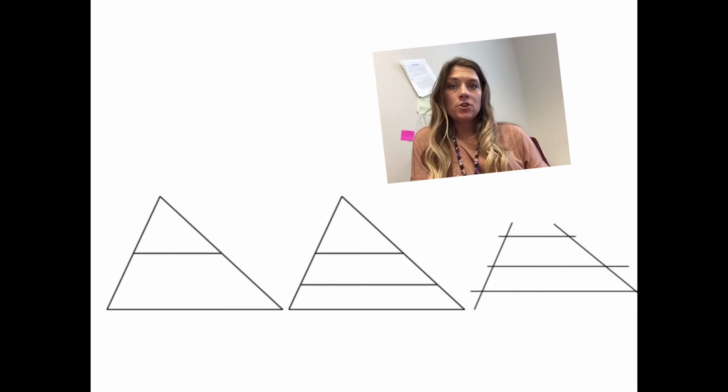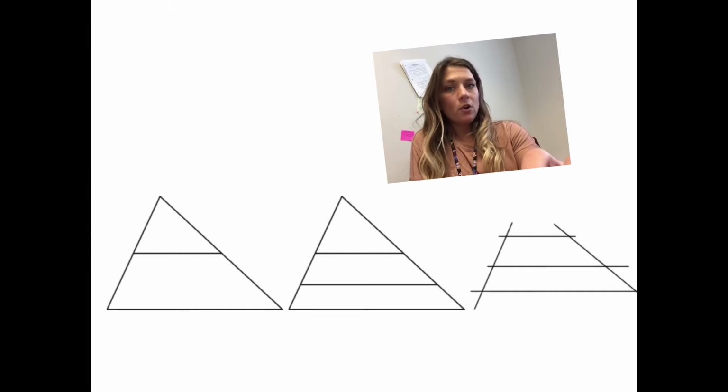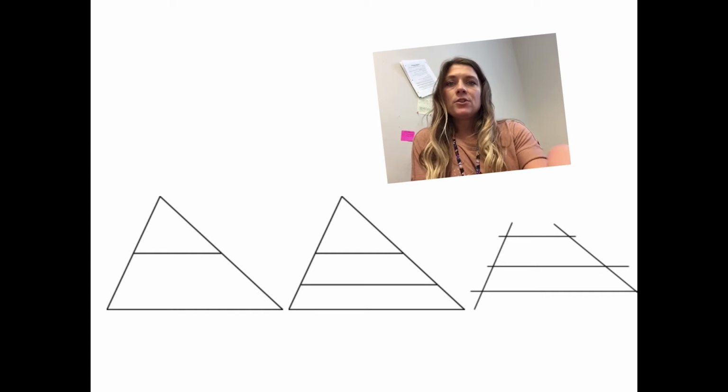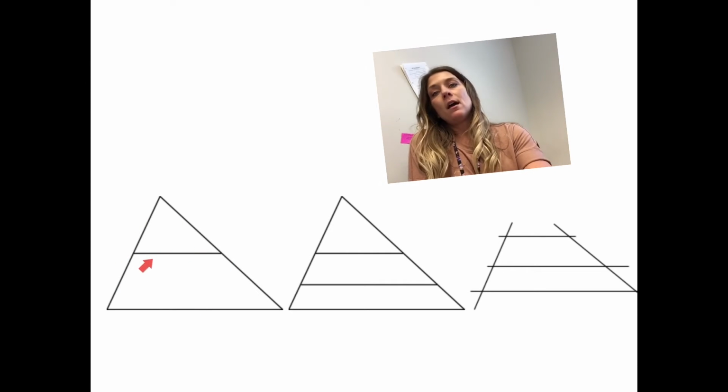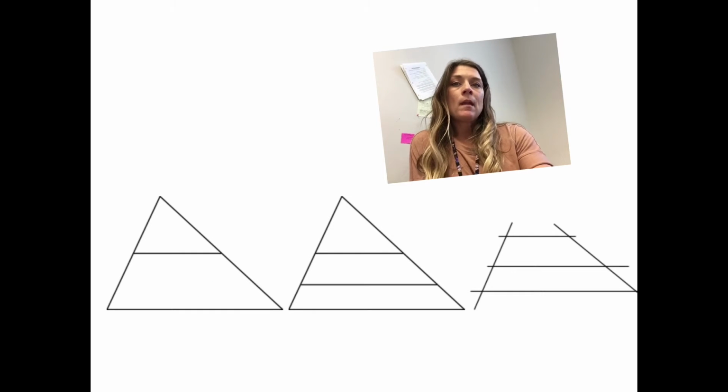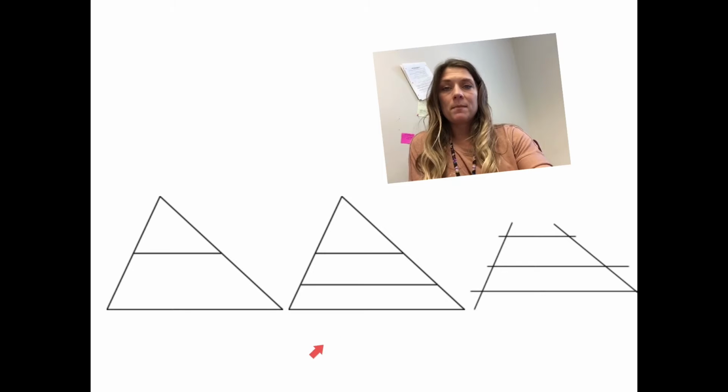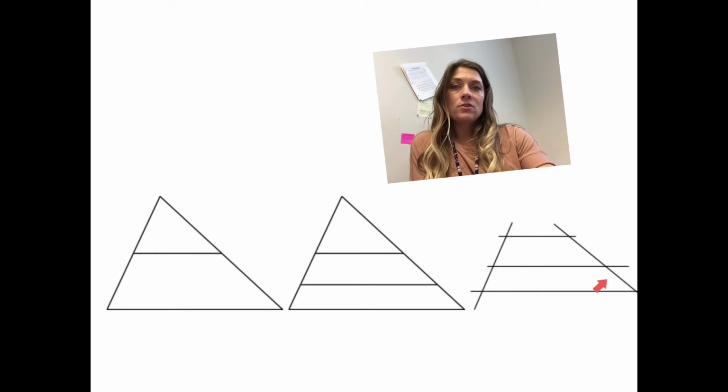These three pictures just show you a progression of what we've started with so far and where we're going. So this first triangle has one parallel line, and this is what we have been dealing with in the past couple lessons. And then if I just add in another parallel line, it gets us closer to what we're going to be talking about today. And then the last one is really what we're going to be talking about, which is